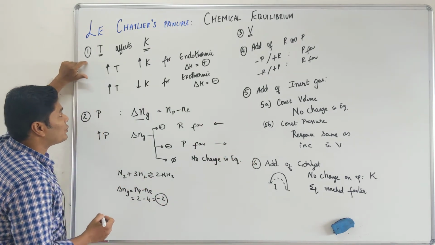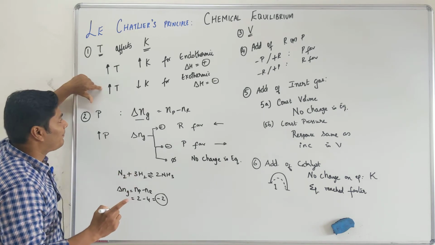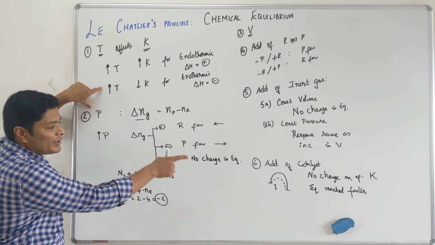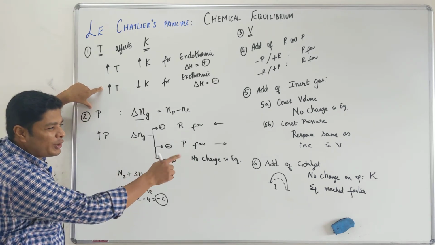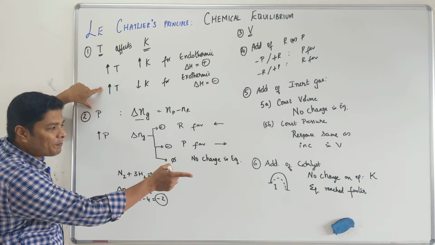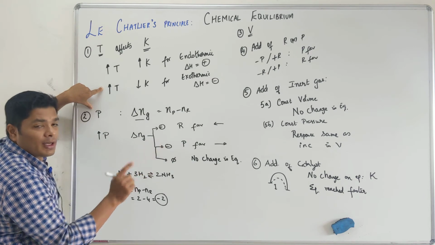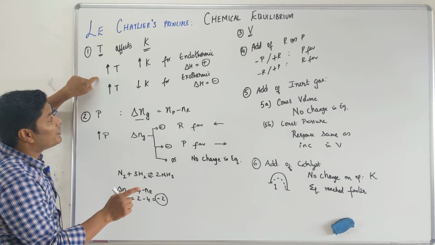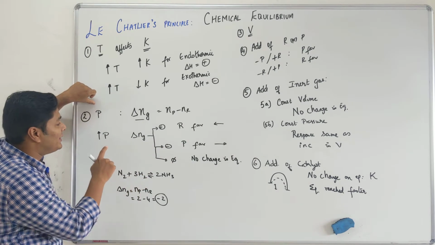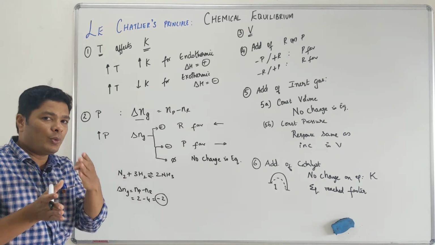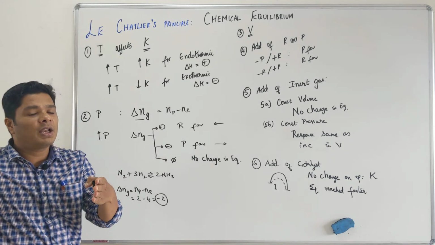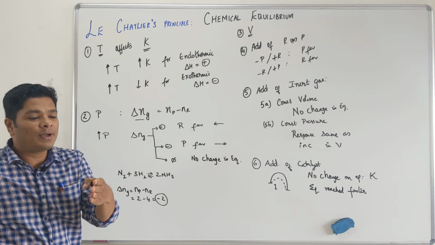The response to the first one is because you have changed the K. The response for 2 to 6, okay, 6 no change, it's equilibrium, it's just reaching equilibrium faster. 2 to 5, the response is not because of a change in K. K is set in stone, it's just that the equilibrium that you had moved away from it and become Q. Now the Q will try to become K.